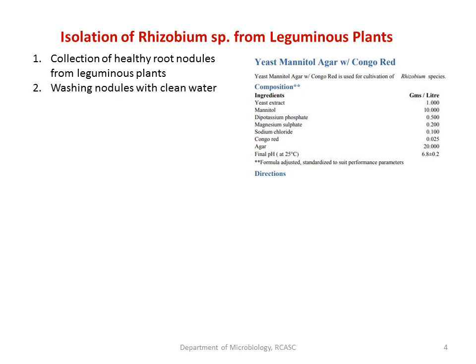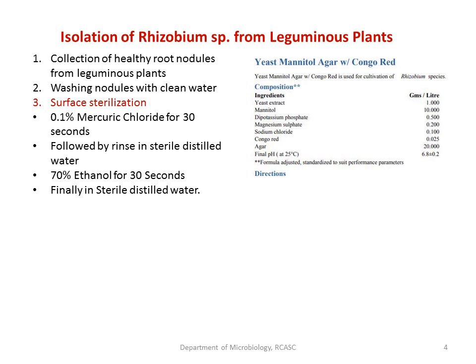Wash the nodules with clean water so that the soil debris present around these nodules is removed. The soil has Agrobacterium, while inside the nodules there is rhizobium. Our aim is to take out the rhizobium, not the Agrobacterium or any other bacteria, because Agrobacterium also has the ability to grow in this YEMA. So in order to eliminate Agrobacterium, clean the nodules first in water, and surface sterilization has to be done. The main purpose of surface sterilization, as you all know, is to eliminate all other microflora present around the nodules.